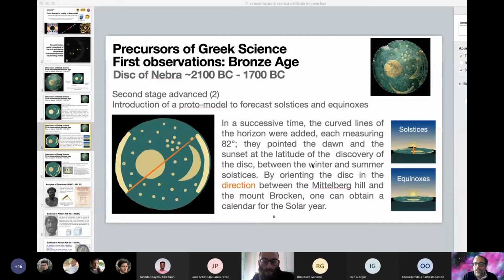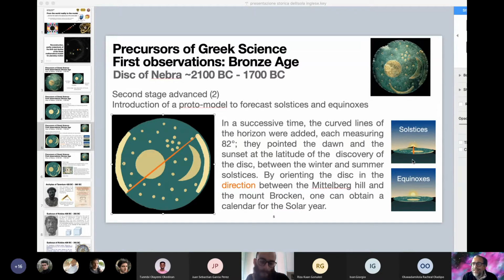Then you have an increase of the sophistication of your disk. Why? Because they glued two angles, 82 degrees, always made of gold, okay? And they most likely used these golden angles for doing this nice work. Look at this small picture here. Okay, if you place your disk with the orange line from the Mittelberg Hill and the Mount Brocken, like this,